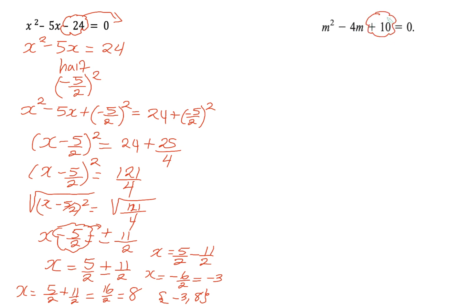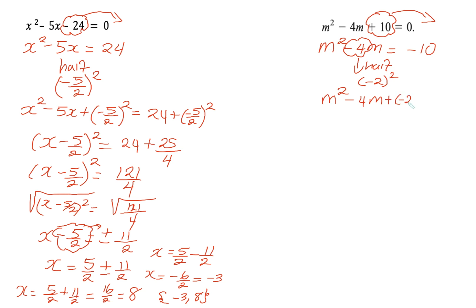Again, let's take that 10 over to the right. You're going to get m squared minus 4m equals negative 10. Okay, remember we need to half the negative 4. So I always write this, half. Half of negative 4 is negative 2, and then square it, and add it to both sides. So you have m squared minus 4m plus negative 2 all squared equals negative 10 plus your negative 2